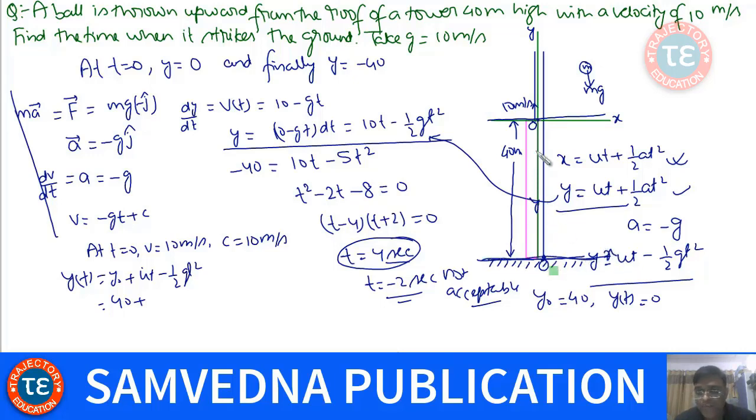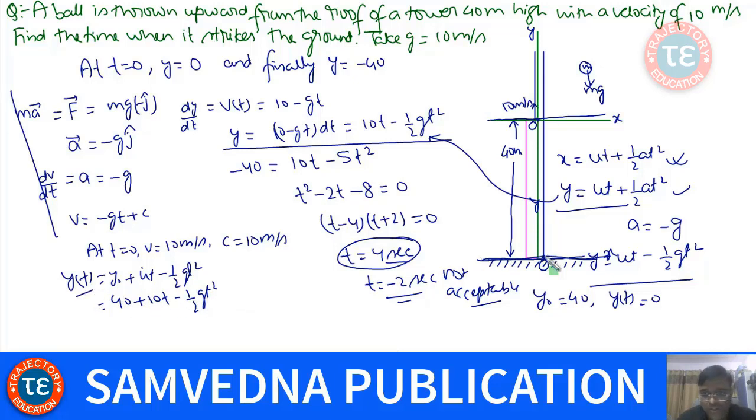But if I take this as the origin, this as the coordinate system, this is the x axis, this is the y axis, in that case at time t equal to 0, the body would have been here because it is thrown from this position. So y naught, the value of y at t equal to 0, could have been 40 meter. So y naught could have been 40 meter over here, and this could have been 10t, right? 10t, and then half gt square, and you could have found the time at which it will fall